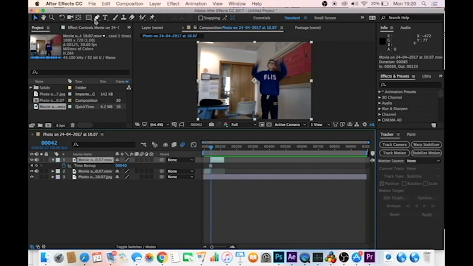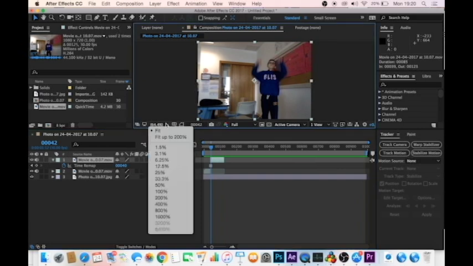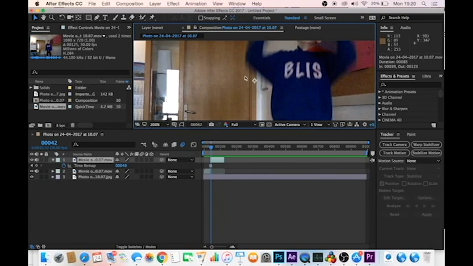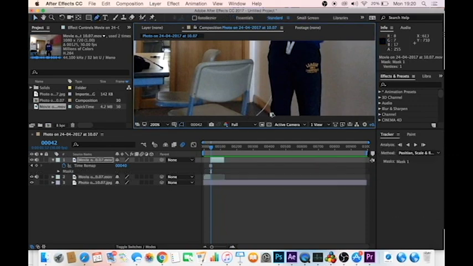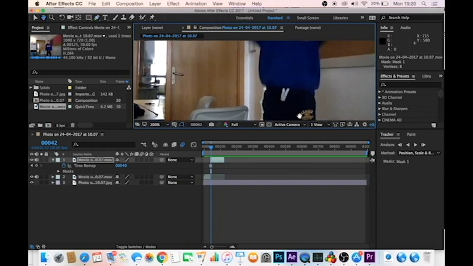So now what I'm going to do is I'll grab my masking tool and I'll go fit up to 200, and I'll grab my space bar and I'll find the beginning and I'll grab my mask tool, and what I'm going to do is make a rough mask around my shape. So as you can see, it does not need to be perfect. I would go into a lot more detail if this mask was going to be in the frame for a